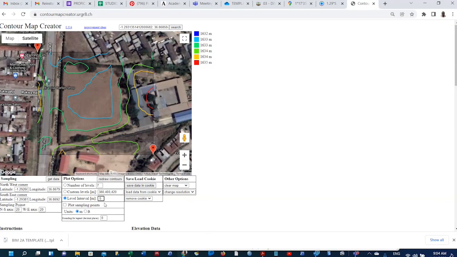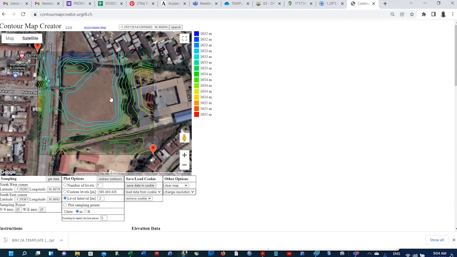So I'll push it again to a contour interval of 0.2. I hope by now you know what a contour interval is, and then I'll redraw. Okay, as you can see, the contours increase, but now we see a certain pattern. This part is flat. Okay, then from there we have a small mound, and these other parts go higher. Okay, let me push it to